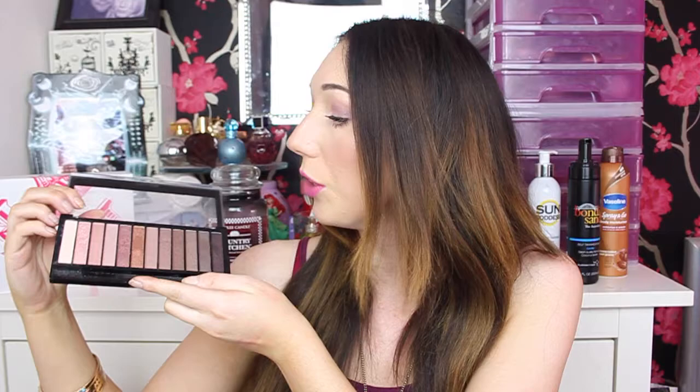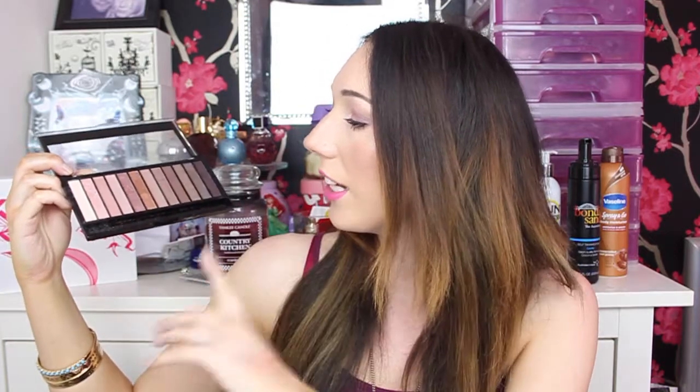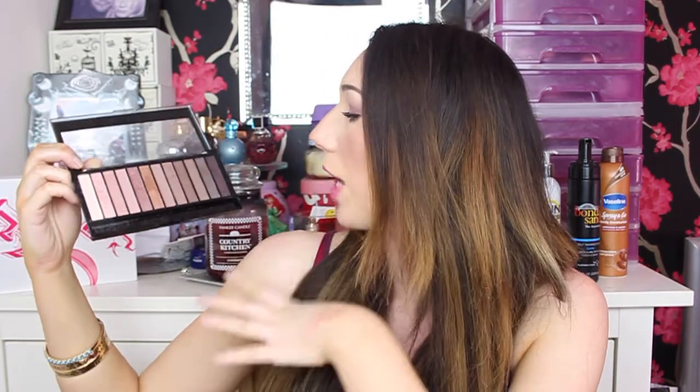And if you look at the packaging, it doesn't have a mirror in it, which I actually quite like because pretty much all of the Makeup Revolution palettes have mirrors in, but this one you can actually see what the colours are when you just see it like that, which I really do like. So all of these colours in here are rose golds, browns, and you also have a purpley shade right at the end, which I absolutely love. I am wearing this palette on my eyes at the moment. I don't know if you can see because of my lighting, you can't really see all of the different colours on there,